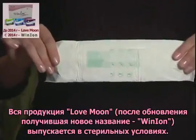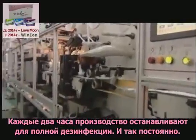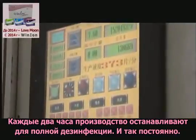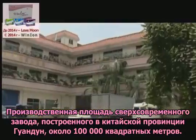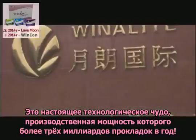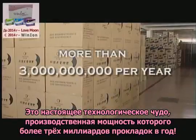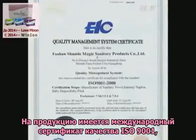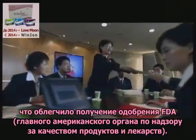All Love Moon products are made and packaged in a sterile environment, where production is stopped every 2 hours and everything is disinfected before continuing for another 2 hours. The cycle is repeated. With a state-of-the-art facility located in Guangdong Province, China, the 1 million square foot manufacturing wonder is able to produce and package over 3 billion napkins per year. Possessing an international certificate of quality ISO 9001 has made it easier for the product to pass through the FDA